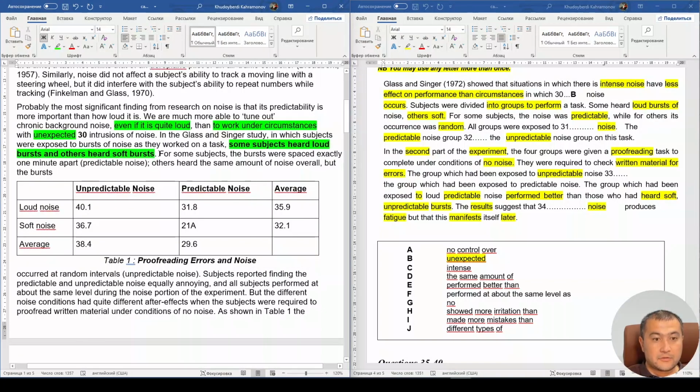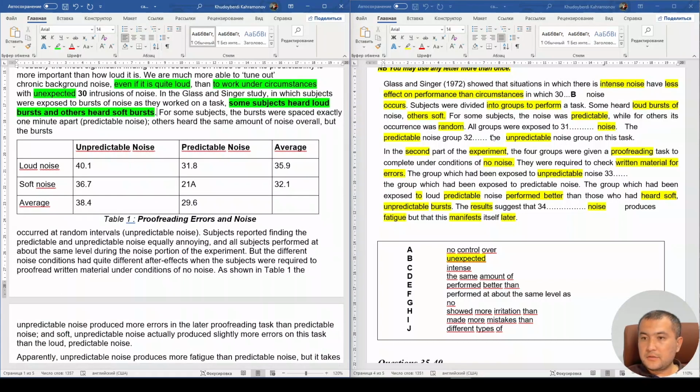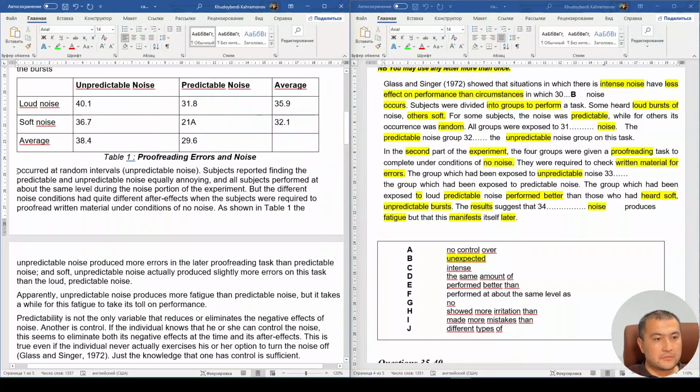I think we are going in the right direction here. And while for others its occurrence was random and occurred at random intervals, right? All groups were exposed to what kind of noise, right? We need some sort of phrase here: all groups were exposed to, and subjects reported finding the predictable and unpredictable noise equally annoying. All subjects, right? All subjects could be translated like here, all groups. It would be perfect, right? And were exposed to at about the same level during the